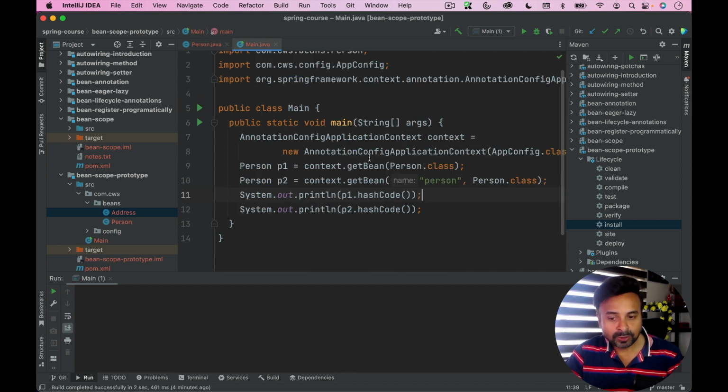I'll go back to my Main.java, and here we are creating two different person objects. Whenever I say context.getBean Person.class, this is going to create one p1 object, and this is going to create a different person object. So we are going to have two different person objects here, and I'm printing the hash code of them. In the previous example of Singleton, we got the same hash code, and I'm guessing in this case we'll get a